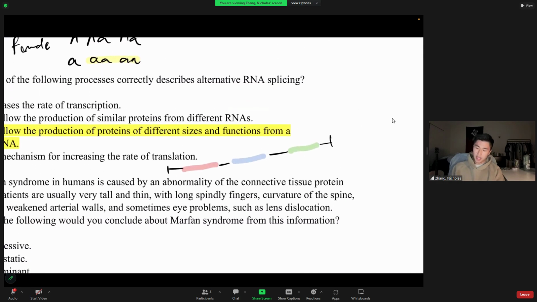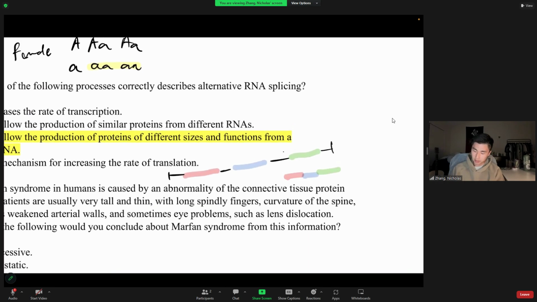Right? And from cutting out these introns, you create your final gene, which is just this, right? But alternative splicing happens whenever certain regions that may not be spliced out in normal splicing are spliced out,